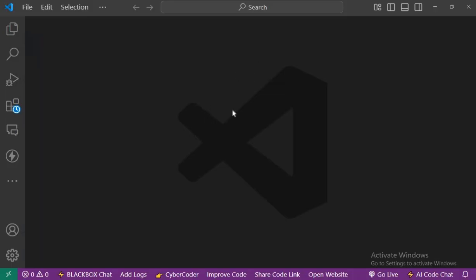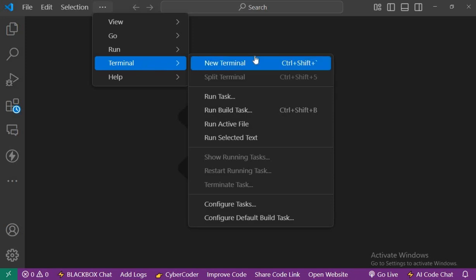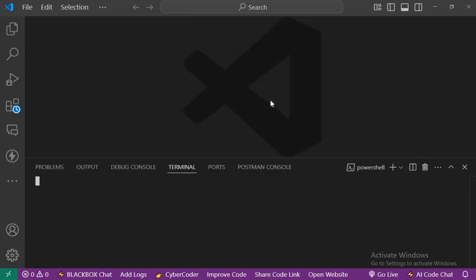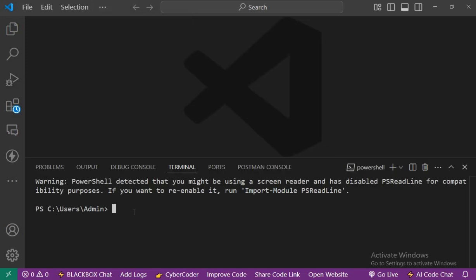So the first step is to open any code editor of your choice. I'm going to be using VS Code. And right here, we're going to navigate to terminal, click on new terminal. So we're going to be creating our project folder on the terminal. So first off, you change directory to your desktop. So cd desktop, then you change directory to whichever folder you want to create this project. So I have a folder for this 30 days code. So I'm going to change directory to 30 days code,